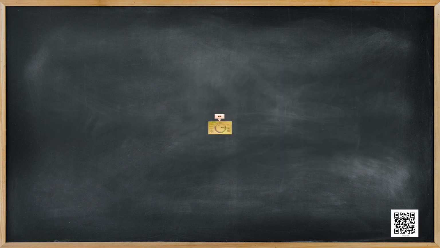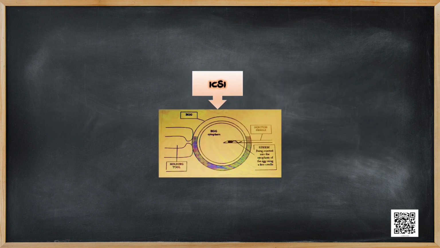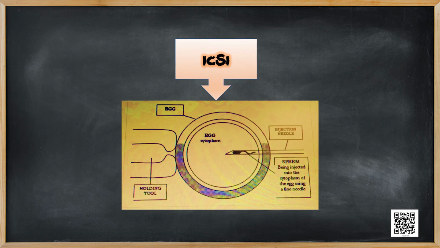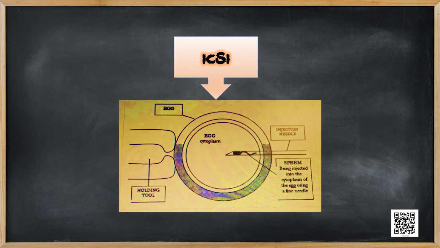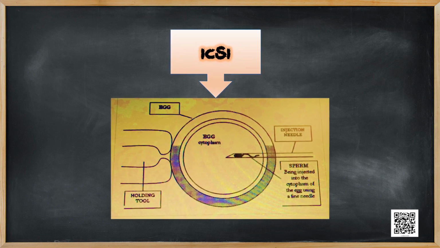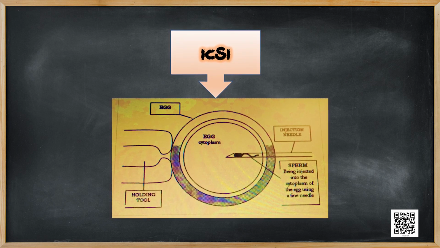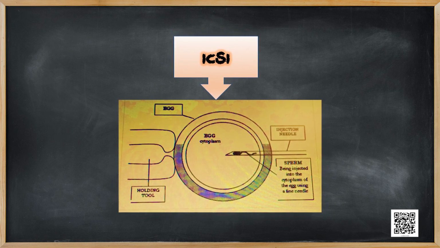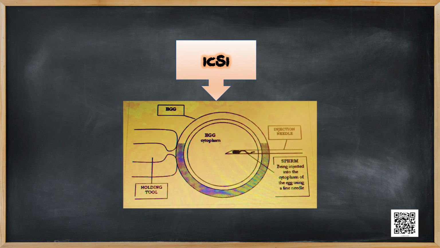G-I-F-T. When dealing with male infertility, intracytoplasmic sperm injection, ICSI, is another specialized and effective procedure to form an embryo in the laboratory. In this, a sperm is directly injected into the ovum. Infertility caused either due to inability of the male partner to inseminate the female or due to very low sperm counts in the